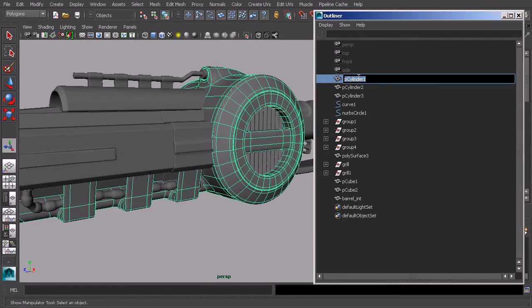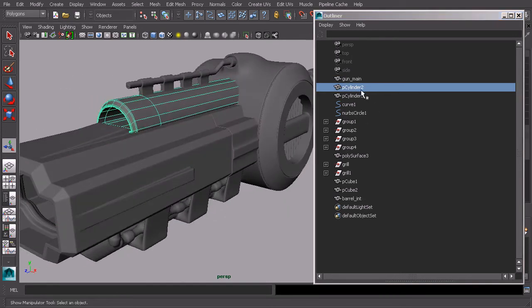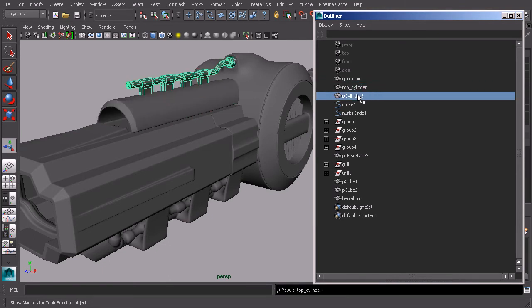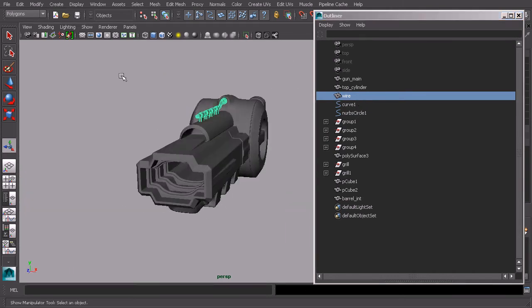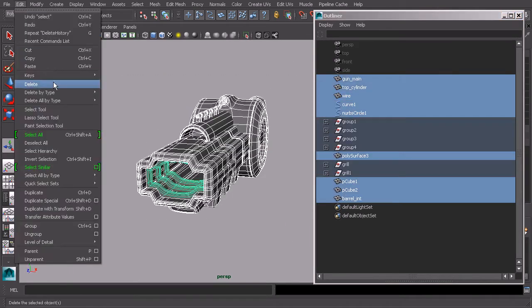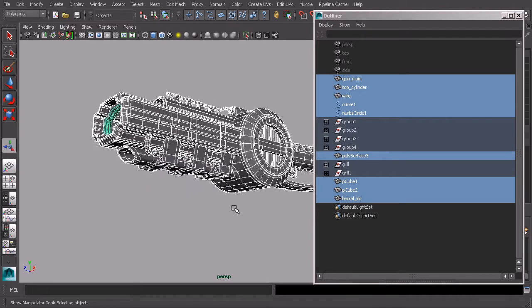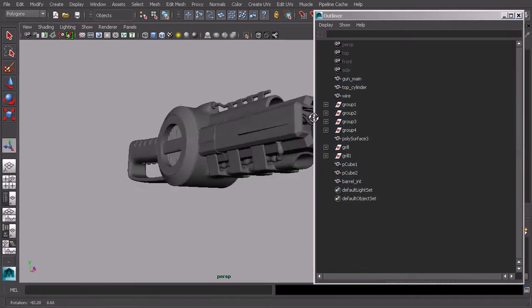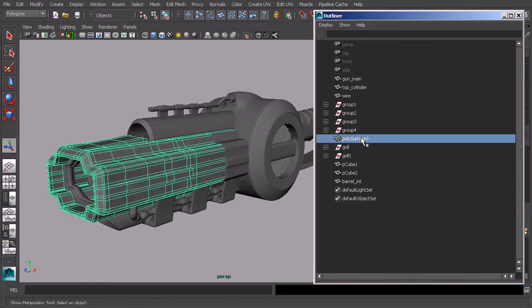And then we've got this main piece. You can call this something like main, or if you have something a little bit more descriptive, you could call it that. Top cylinder, and then maybe this is the wire. We can go ahead and take our geometry and make sure that we don't have any more curve connections or anything like that, and we can delete our curves, so we won't need those anymore. And call this gun